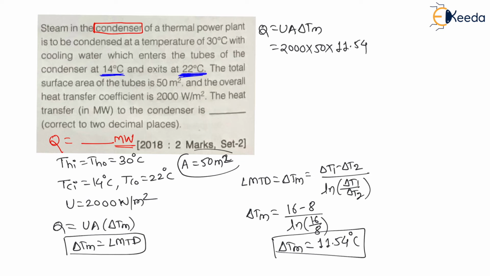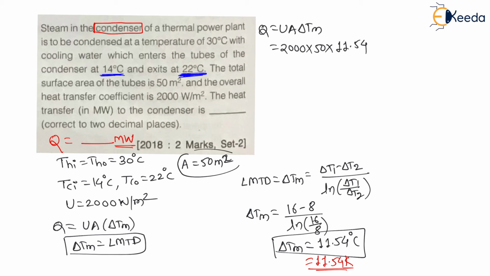Right. Now, my dear students, here this is the temperature difference, and temperature difference in Kelvin as well as degree Celsius is always the same. Right. Therefore, the same difference can be written as 11.54 Kelvin also. Now, my dear students, I am not saying that degree Celsius is equal to Kelvin. What I am saying is that this is the temperature difference. The temperature difference in degree Celsius is always equal to the temperature difference in Kelvin. I am not saying temperature in Kelvin is equal to temperature in degree Celsius. Temperature in Kelvin is never equal to temperature in degree Celsius. It is a difference only, right?